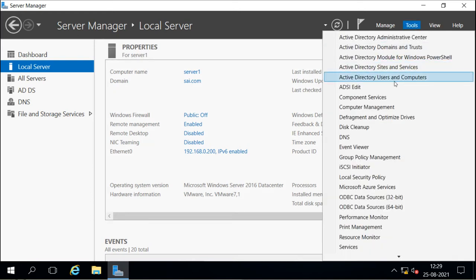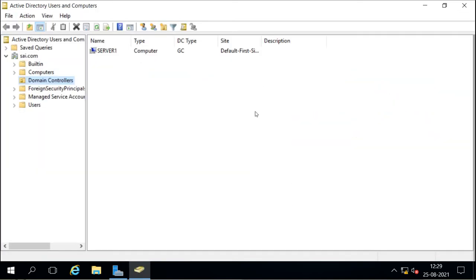And also every domain has its own separate Active Directory. They will not carry the Active Directory of the parent domain. Every child domain has its own Active Directory.